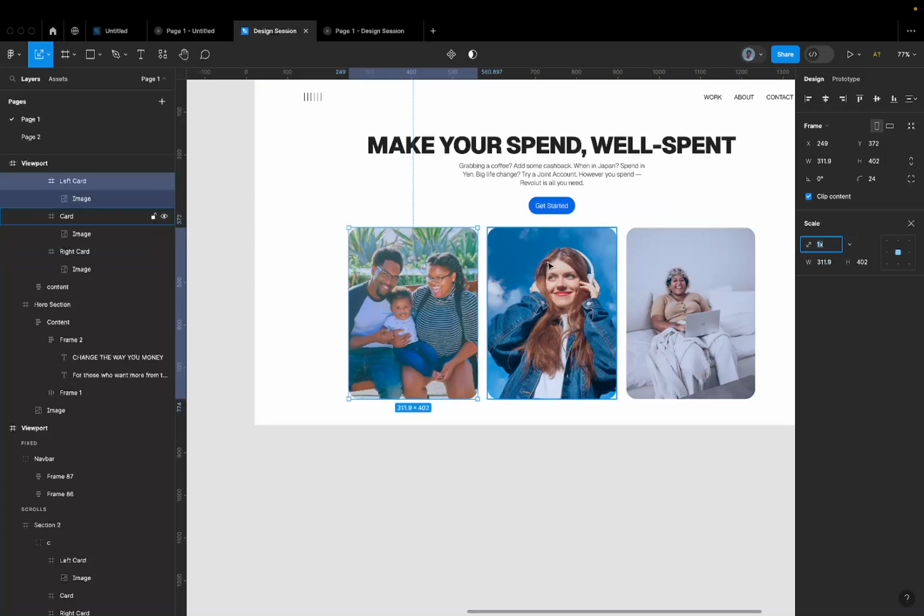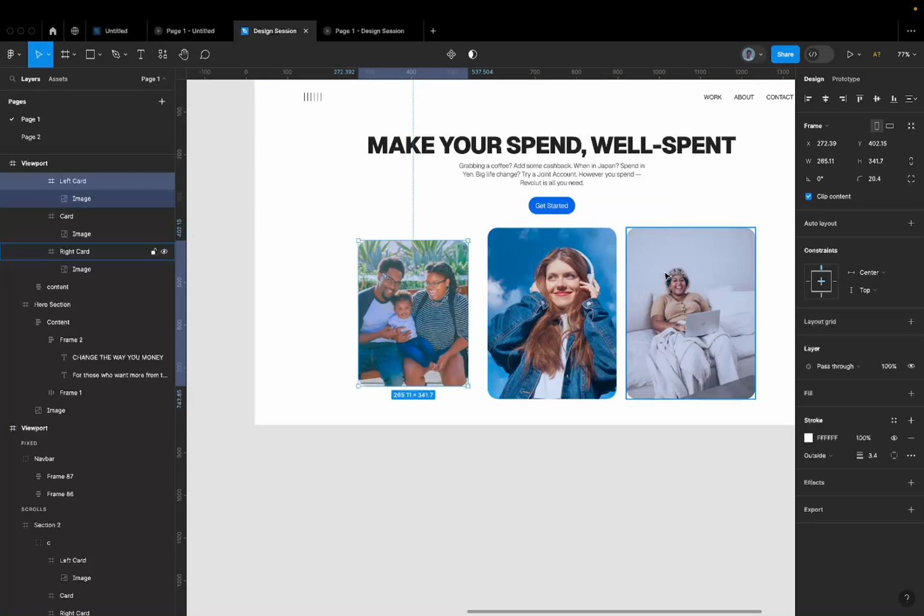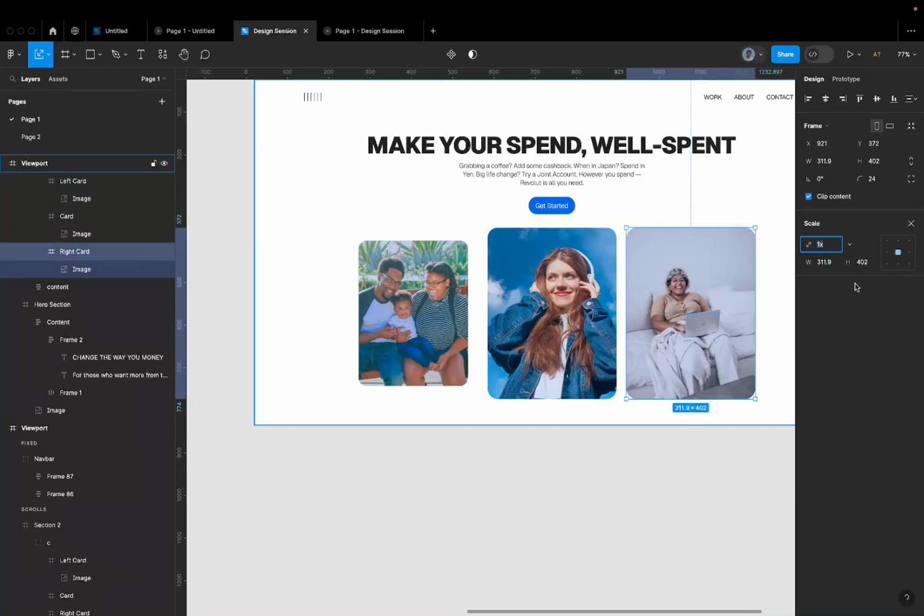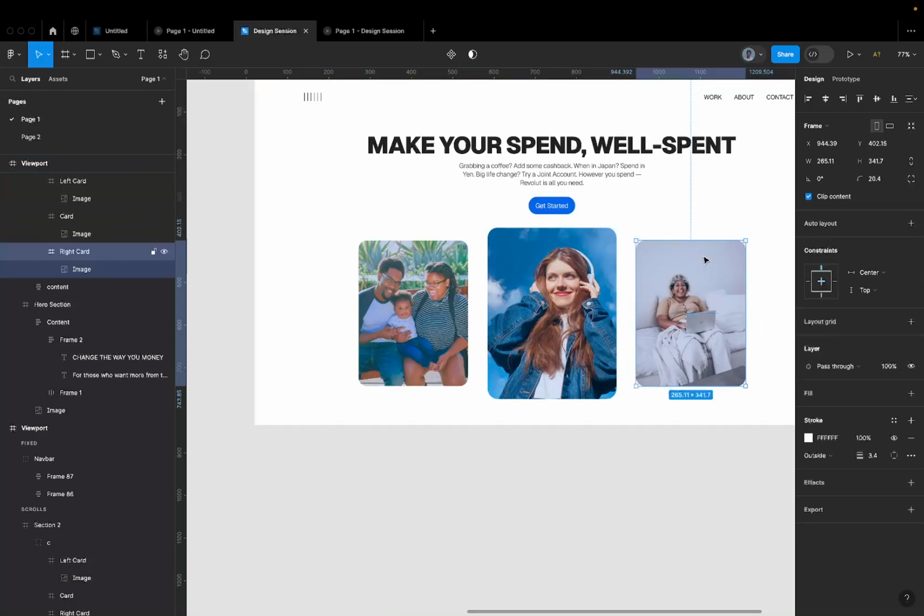This is 0.8. K again, 0.85. Yeah, I think this is okay. So scale this one down again by a factor of 0.85. Okay. So with that done, the next thing I want to do is just to bring them closer